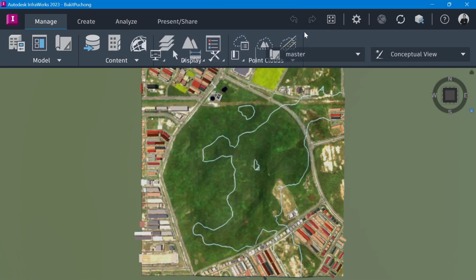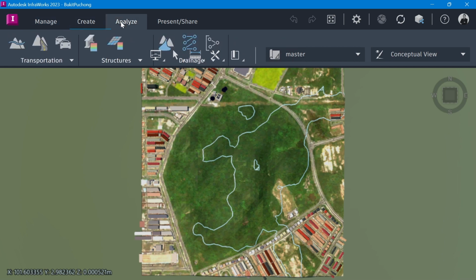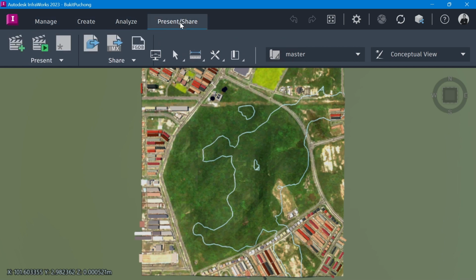Okay, and then the user interface: what we have here is the first tab, the ribbon, and then its contextual tab. We have manage, create, analyze, present, and share. You can share the model, or you can generate the model into a different IMX model, so then it has interoperability with other Autodesk software.